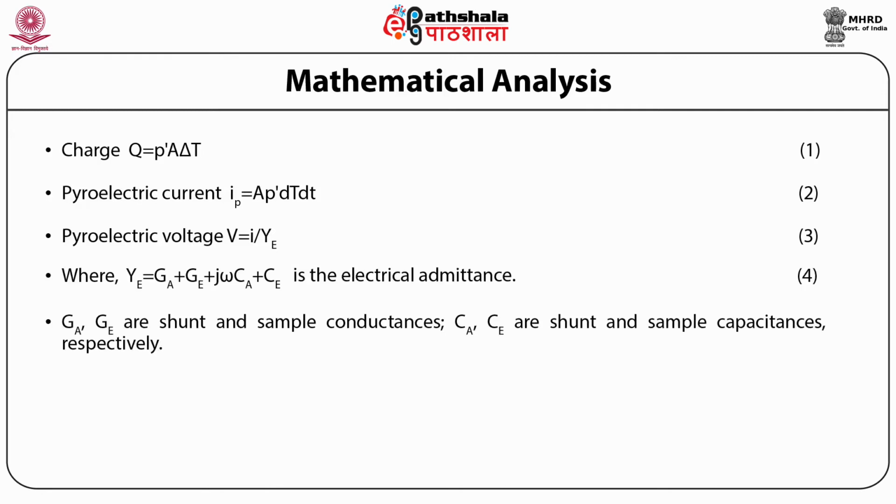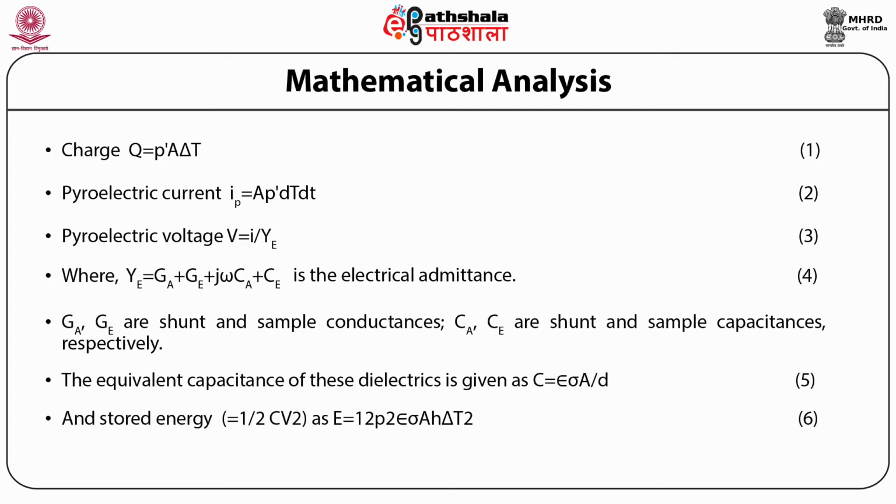by YE, where YE is equal to GA plus GE plus j omega multiplied by CA plus CE, where GA and GE are the shunt and the sample conductances, and CA and CE are the shunt and the sample capacitances respectively. The equivalent capacitance of these dielectrics is given as C is equal to epsilon sigma A by D, and the stored energy is equal to half CV square, as E is equal to half P square by epsilon sigma multiplied by AH multiplied by delta T square, where D is the material thickness and epsilon sigma is the permittivity